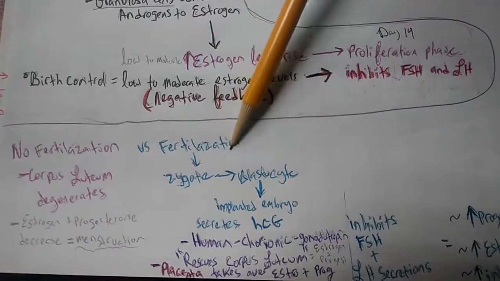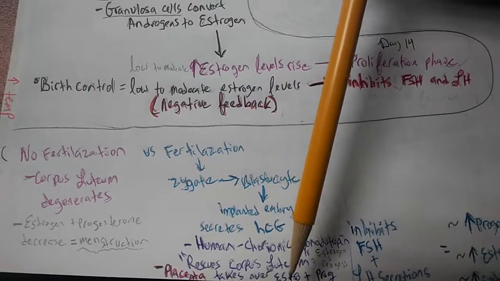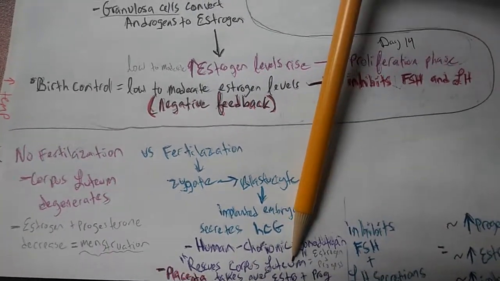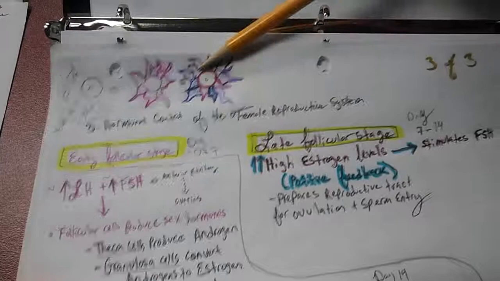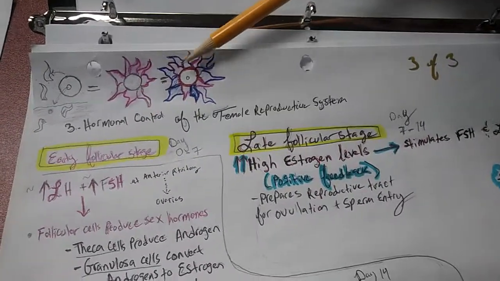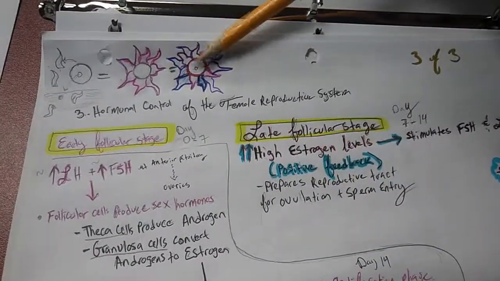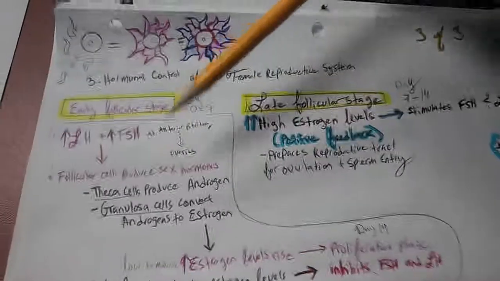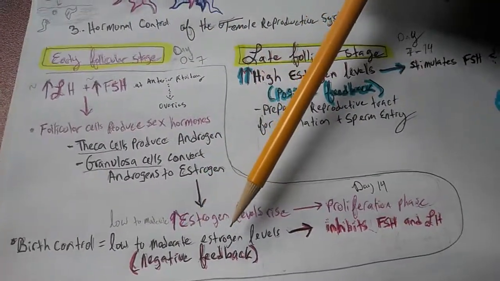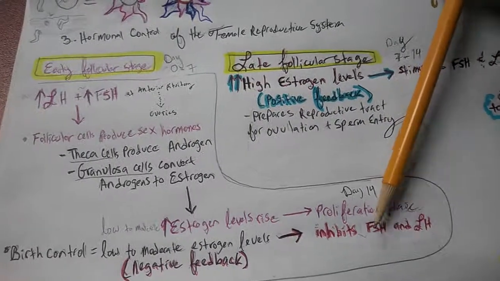So if fertilization occurs, we want low to moderate estrogen and progesterone, because with low to moderate, for example, estrogen levels, there's an egg implanted. So we want to protect it with everything we can. For example, the placenta, the corpus luteum, through the proliferation phase, which is the increase of blood vessels and thickening. We want that. So we want low to moderate estrogen levels to inhibit a new egg to come in and